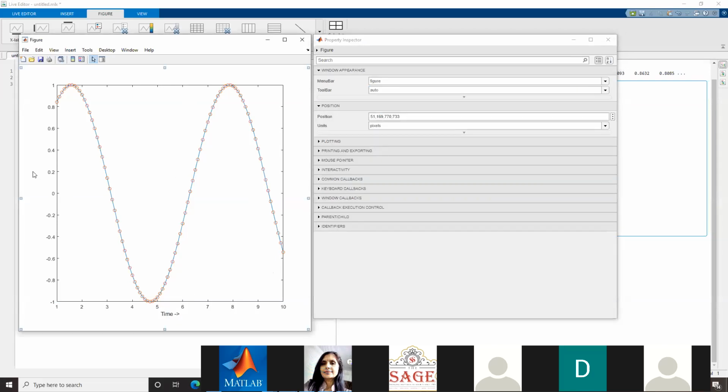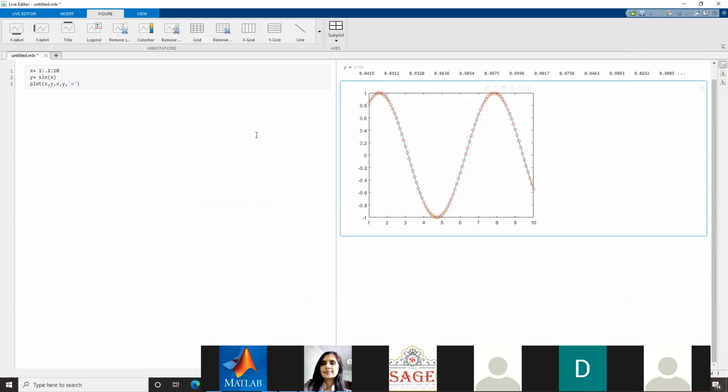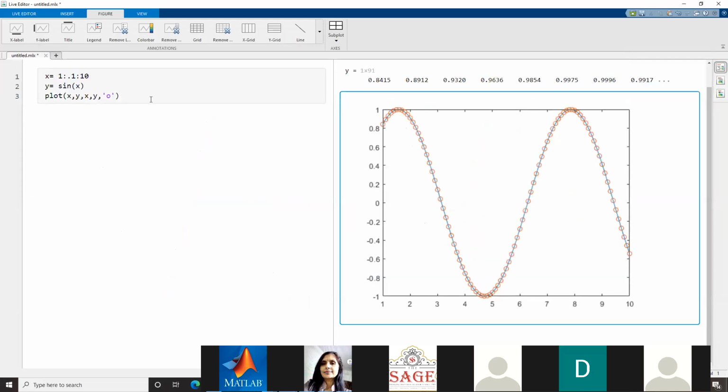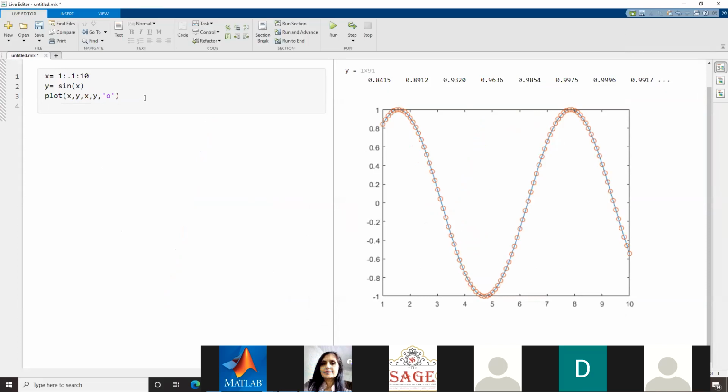Similarly, I can do it with the y-axis label also. But this will be a manual operation, and so it won't be automatic, because for each change you have to go to the figure parent and do it manually. So rather we will take a programming approach. For x label, we can write the xlabel command and give the instruction. Say this will be my time. So I'll write time, and if I want to mention some unit, say the time is in seconds, I'll put it this way.